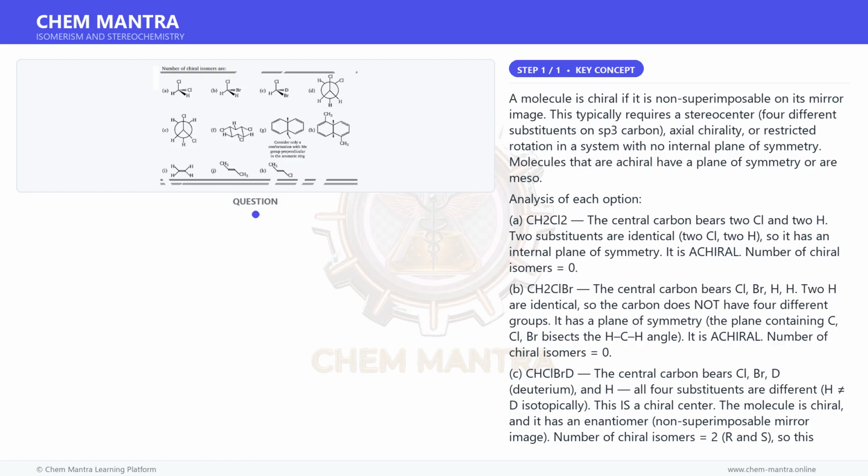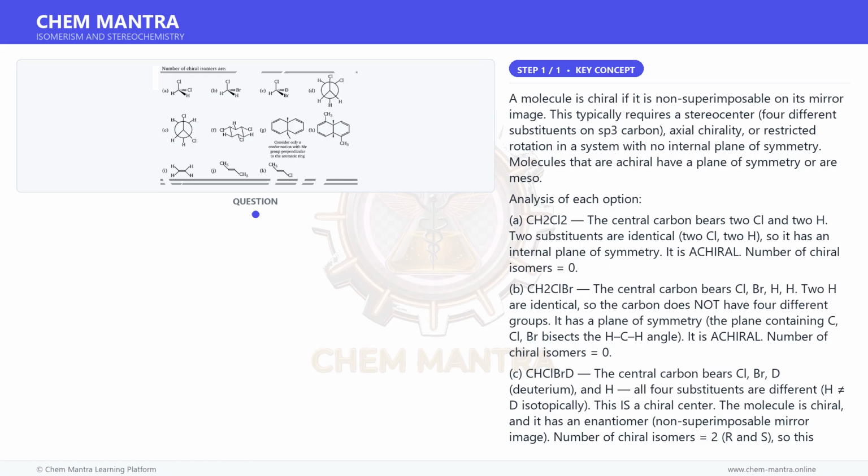C. CHClBrD: the central carbon bears Cl, Br, D (deuterium), and H. All 4 substituents are different, H is not equal to D isotopically. This is a chiral center. The molecule is chiral, and it has an enantiomer, a non-superimposable mirror image. Number of chiral isomers equals 2, R and S, so this molecule does have chiral isomers. Count yes. D. Newman projection of